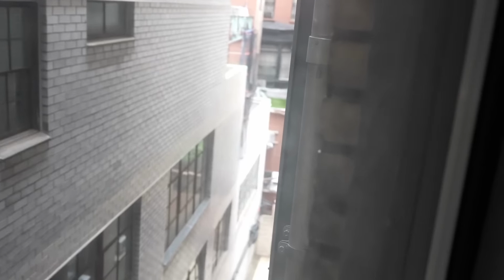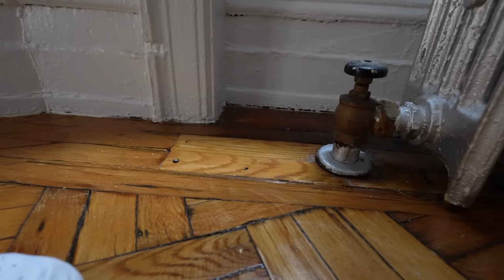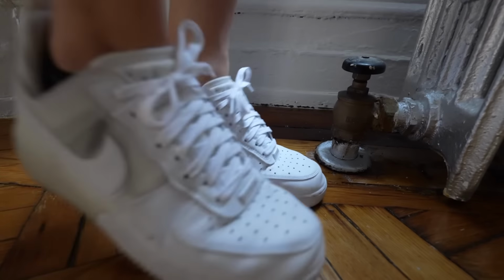These windows will accommodate an AC, and the view is not really impressive, but because of the position of the building, we're not facing the street. It's also very quiet in here. The loudest thing going on is gonna be